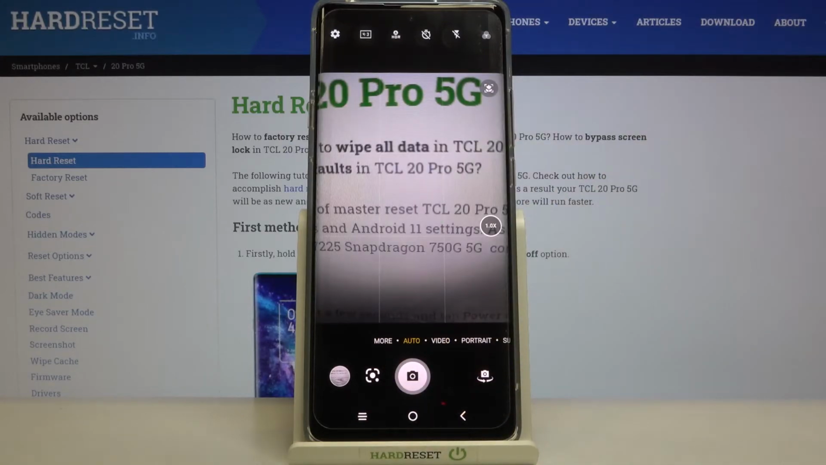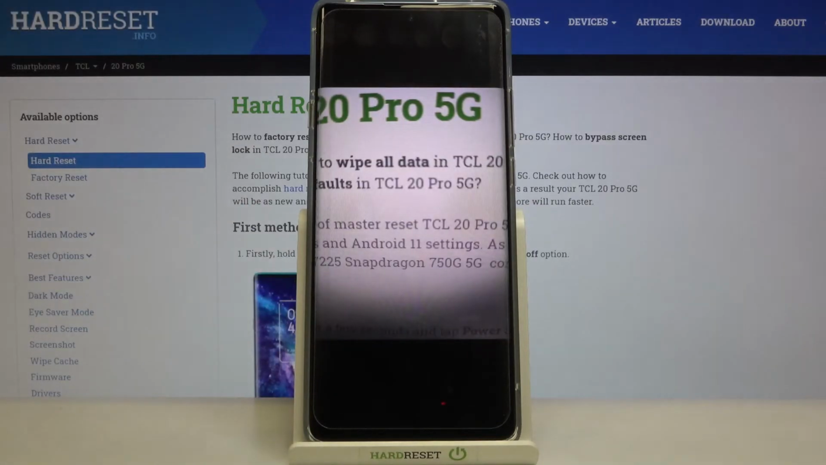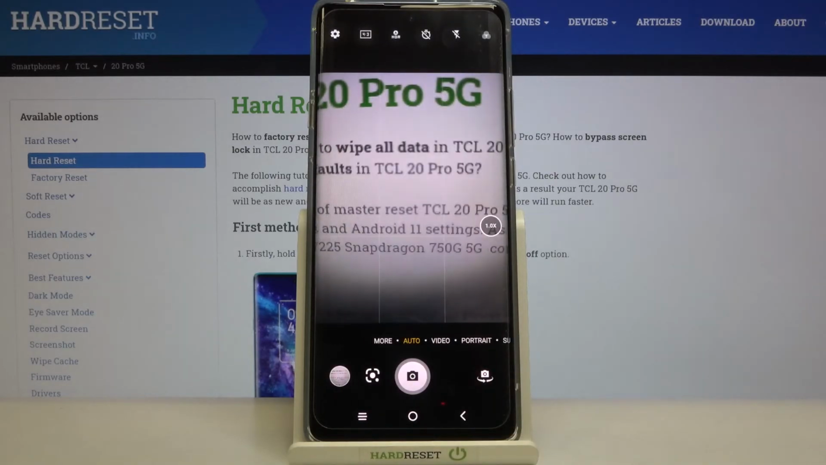I take a picture and go to the left, to the button that takes us straight to the gallery, we can't see them in the real photo, so the grid lines are only to help us take better